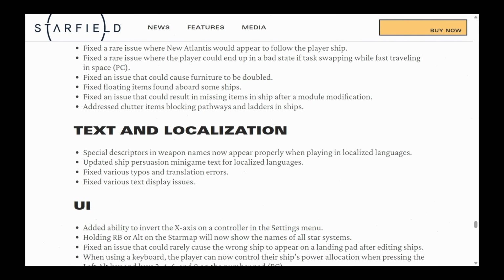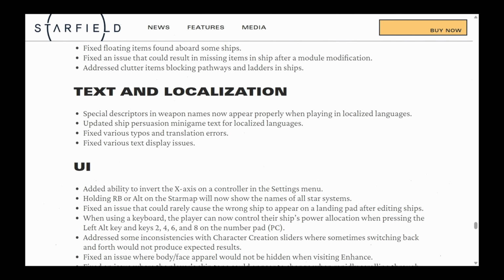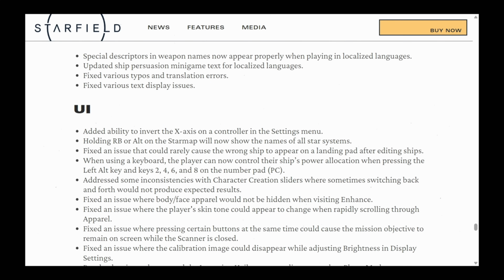Special descriptors in weapon names now appear properly when playing in localized languages. Updated ship persuasion minigame text for localized languages. Fixed various typos and translation errors. Fixed various text displays. UI. Added the ability to invert the x-axis on a controller. That's kind of a big one, considering in most space games, that's kind of huge. Wait, no, X is no, Y is the one. Never mind, ignore that. Holding RB or Alt on the star map will now show the